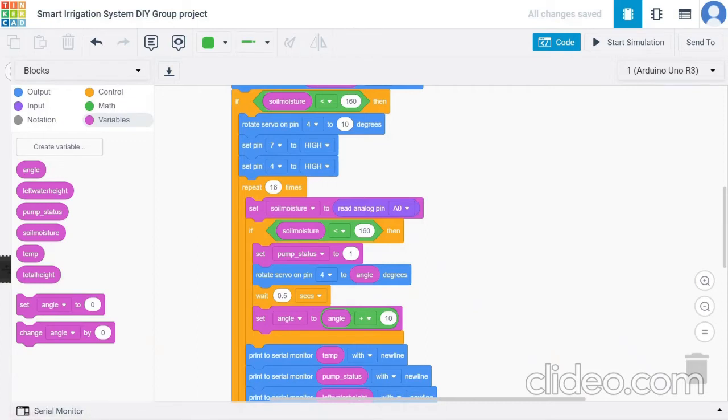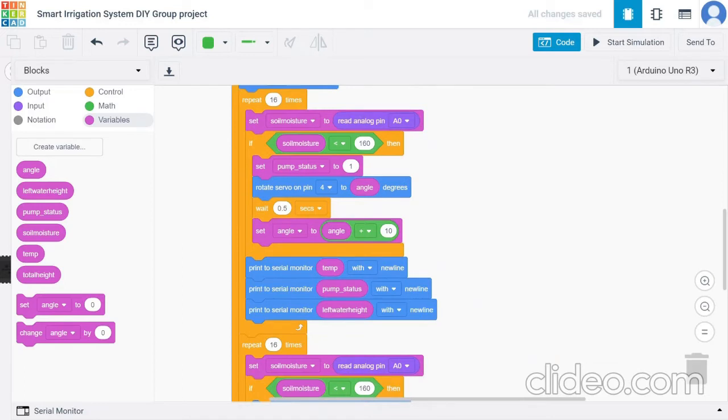And as soon as the soil moisture value is greater than 160, the loop gets terminated at once at this very stage, and after that we have set the pump status to on and rotated the servo pin number 4 to the desired angle, which keeps on increasing by 10 degrees, which is responsible for the anti-clockwise rotation of the